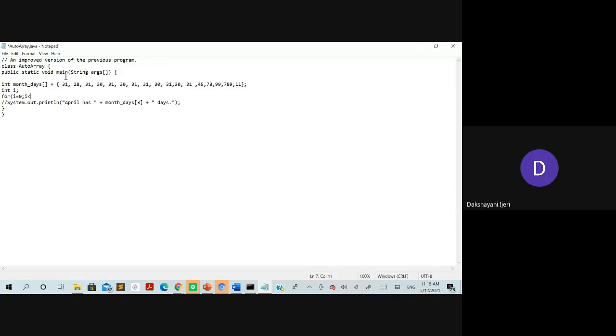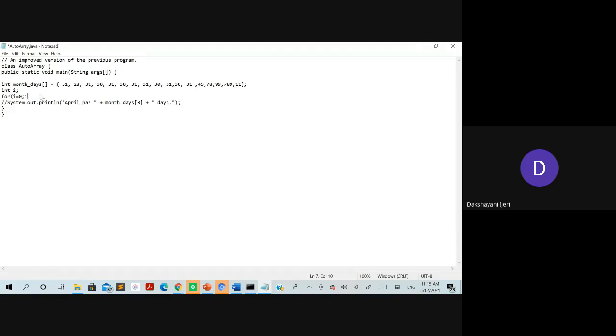One of the simplest ways here, since you have taken the static array, is to put the restriction by taking the number of elements directly over here. 1, 2, 3, 4... 17 values are there, right? So i is equal to 0, you can take directly less than 17. If you take equal to, it should be less than or equal to 16 to reach the last element here, right?